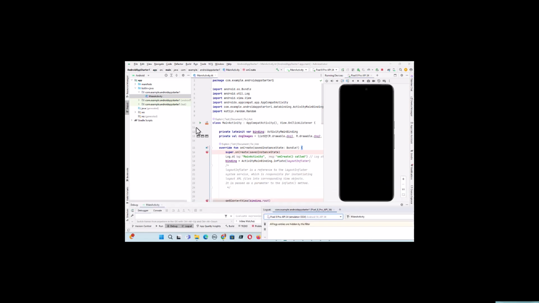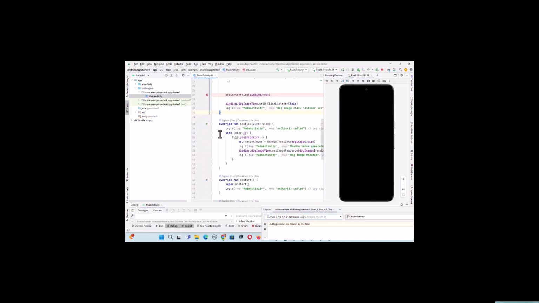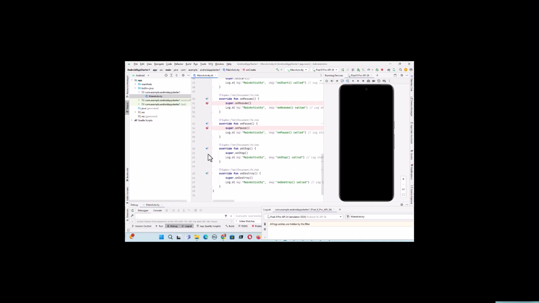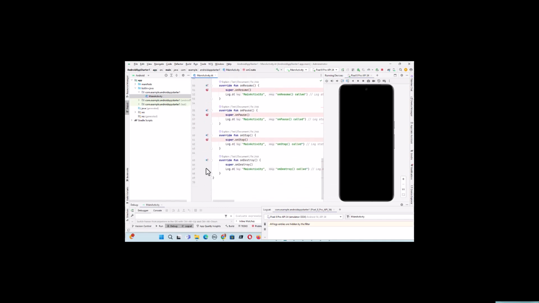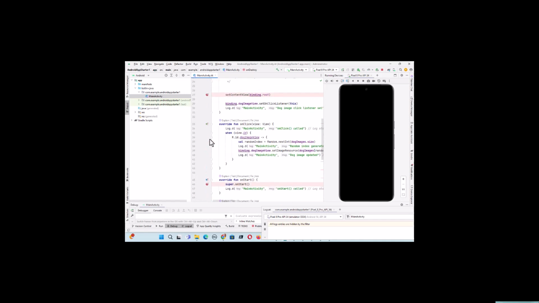Well, let's get our product going. First of all, let's see about dropping in debug points. So study your code and pay attention to what you might regard as important points where you want to drop the debugger. You go here to what's called the gutter, and you click, and that puts a little red dot there. And as you already know, log just dumps stuff out to the log console. So here I'm starting at onCreate,